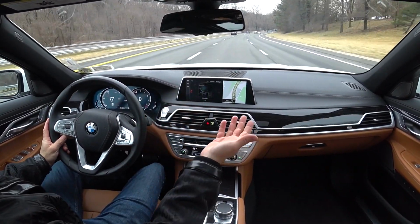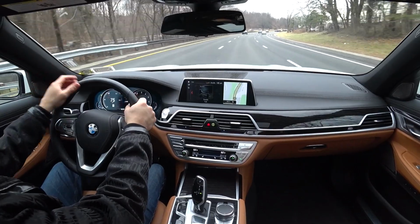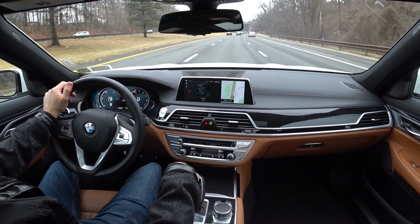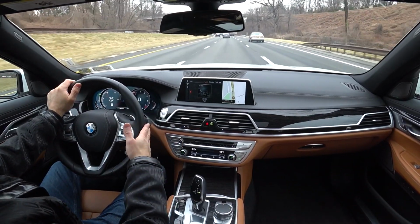Whereas the S Class has a bigger, thinner, wood, fancier-looking steering wheel, this is all about duty. How does it feel in the driver's hands? How does it feel when you're pushing the car hard? It's just a really cool car. This one has, of course, the drive select modes and a full LCD screen. We're in the M Performance mode now, which is going to tighten up the steering,